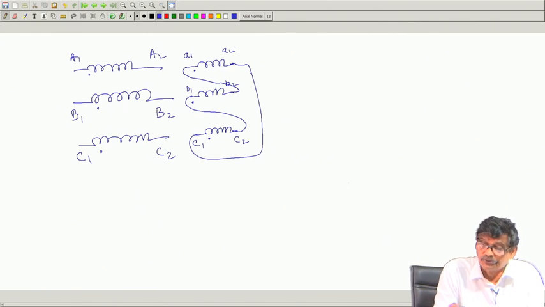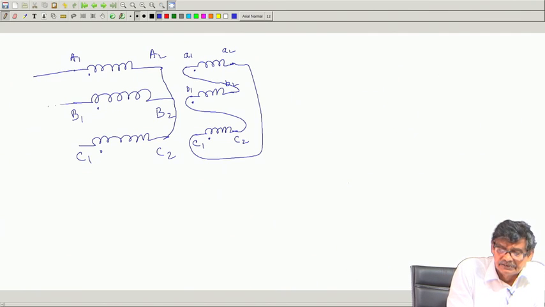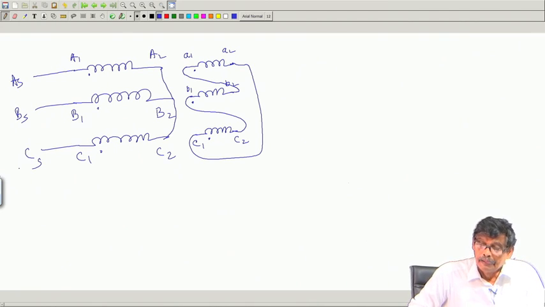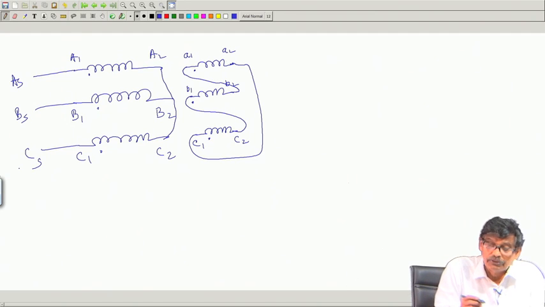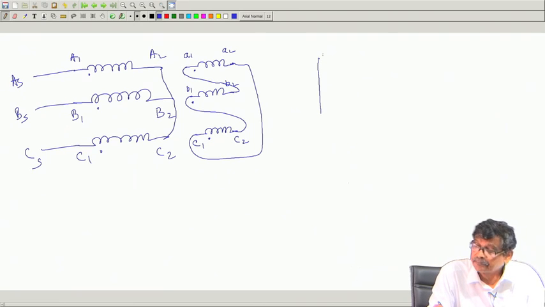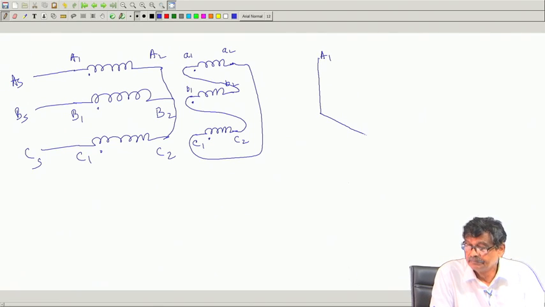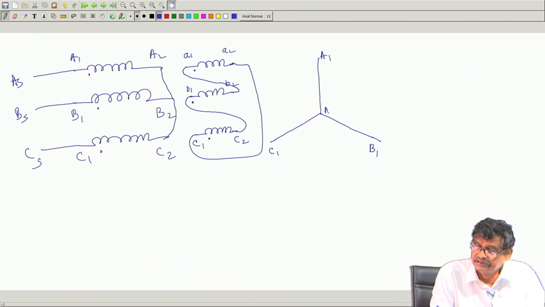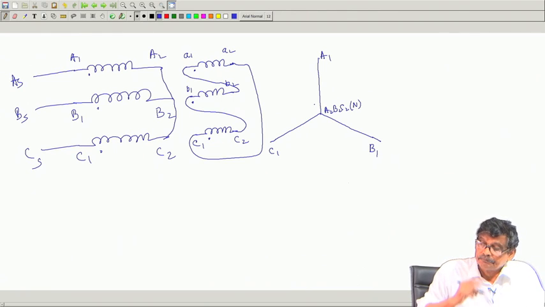Of course, this side I have connected a valid star and here is your supply with phase sequence AS, BS and CS, got the point? Where from should I take out? So, what will be the phasor diagram first? Phasor diagram will be A1, B1, C1, these are 120 degree apart, this is A2, B2, C2 and that is the neutral of this side. Okay.